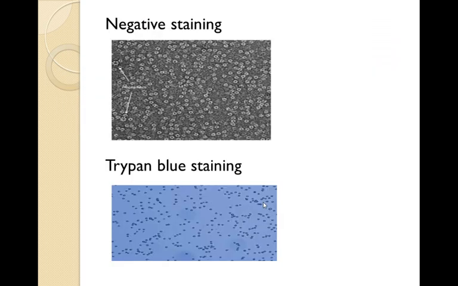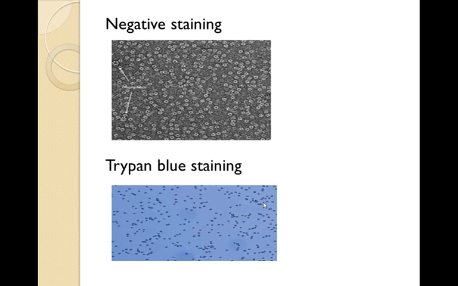So next is negative staining. I would like to discuss the negative staining. I have given you the idea about the negative staining in the previous slide, so you have to tell me about the negative staining in my comment box. Okay, I would discuss it as it is my work. I have discussed it earlier also. The cell wall of bacteria is negatively charged, so it would repel the negative stain, that is the acidic stain, and would remain uncolored and the background will be colored.